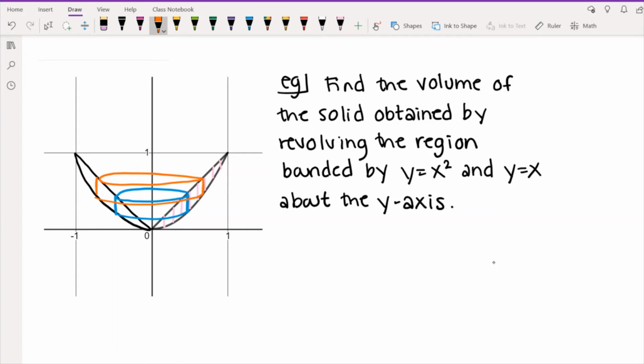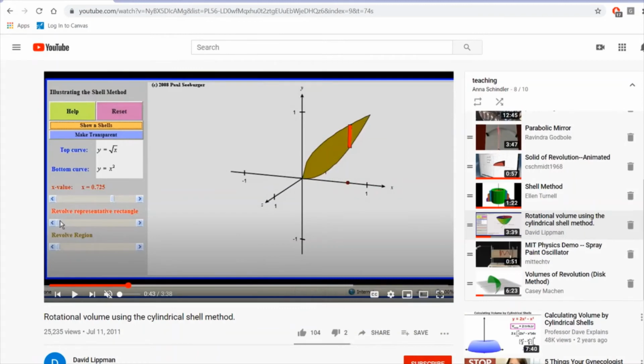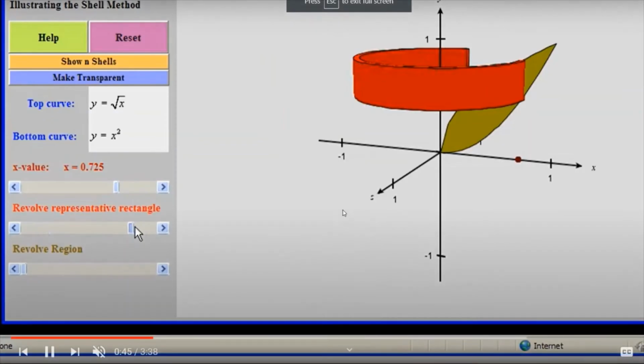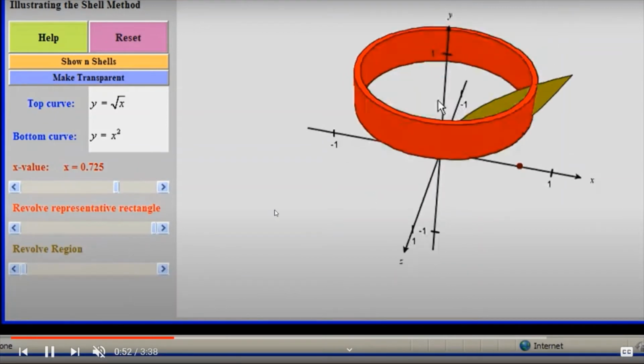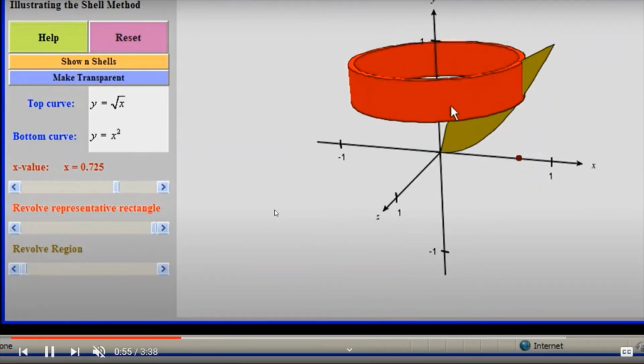So let me just show you this quick video clip. It's not the exact same function. This one I think is square root of x and x squared, so the bottom curve is the same, but the top curve, instead of being a straight line, is also curved. But it's a pretty similar shape. What this video is going to show is that if you were to draw one of these heights and revolve it around, that would give you one of the cylinders, right? And then if you take the shape and you divide the entire thing,